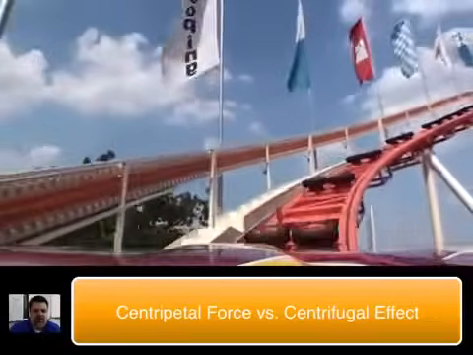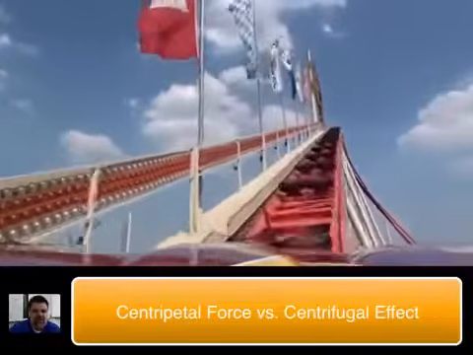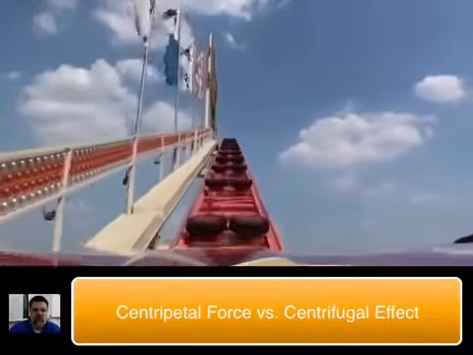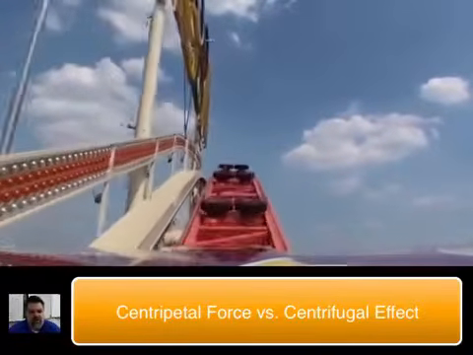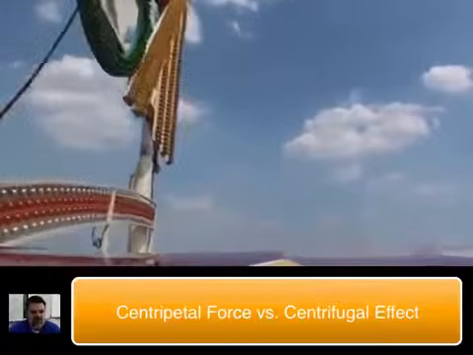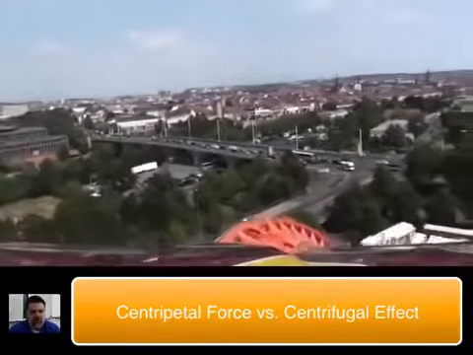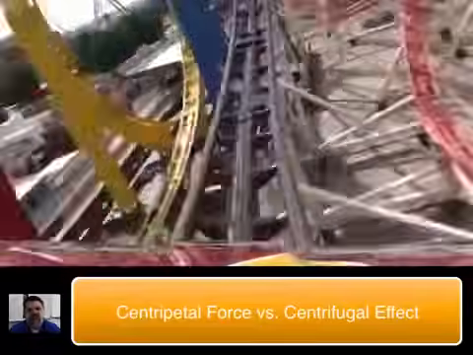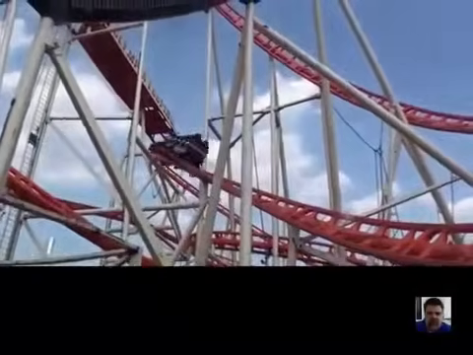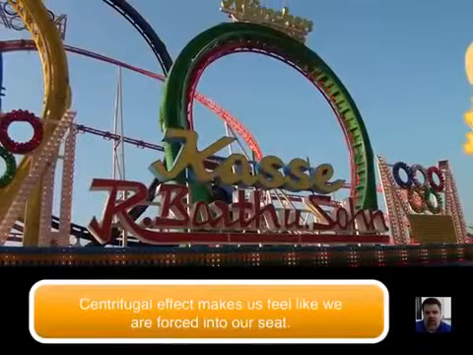And basically your body wants to continue going in a straight line, and the loop actually redirects your path. And so I guess before we talk about that, let's try to understand what centripetal force really is. And centrifugal is more of an effect of centripetal force. So as we ride a roller coaster, what happens when we go through a loop-to-loop is basically our body wants